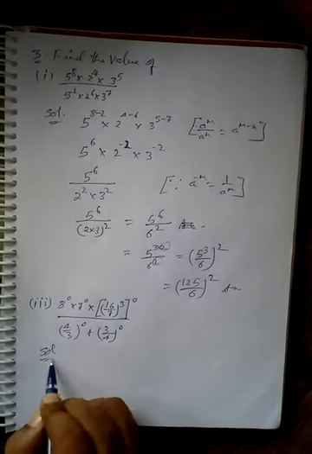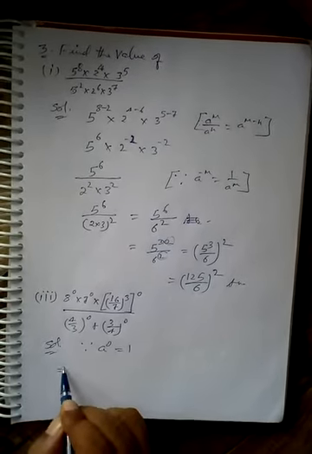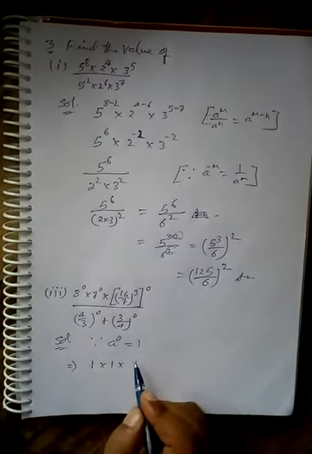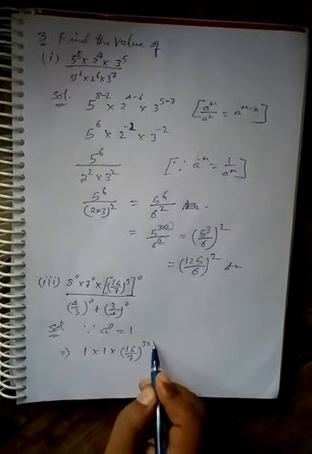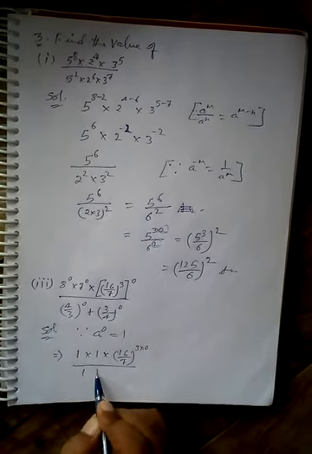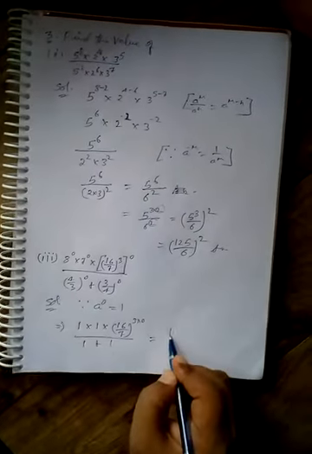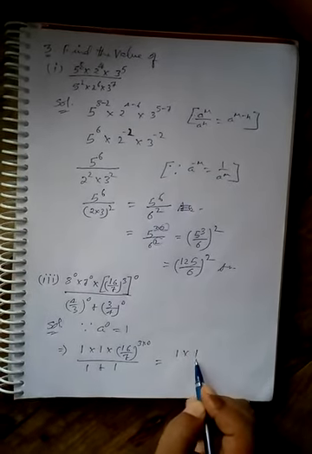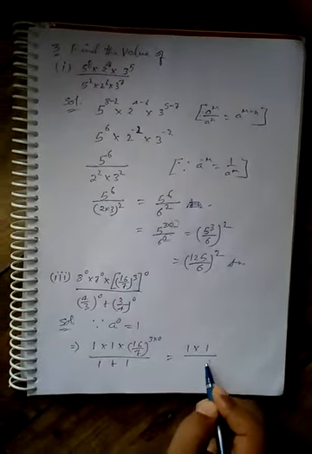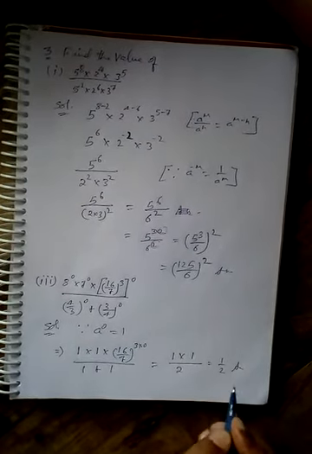So solution is, we apply, since a raised to the power 0 is equal to 1, this implies 8 raised to the power 0 equals 1, into 16 by 7 raised to the power 3 into 0, that is 0, upon 1 plus 1. Okay, now this will give you 1 into 1 is 1, 16 by 7 raised to the power 0, that is 1, upon 1 plus 1 is 2. This gives you 1 upon 2 as the answer.